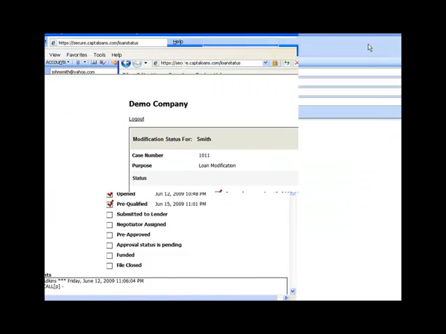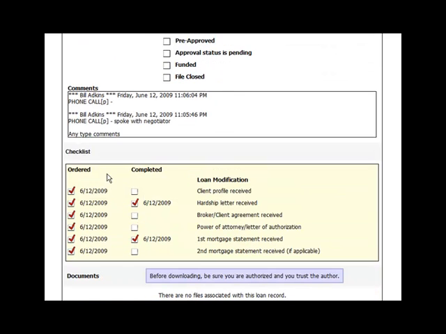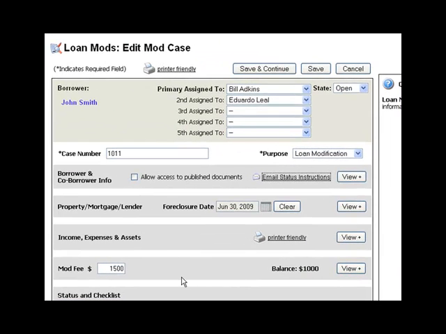So you can see, if I go ahead and maximize that screen, here's the high-level checkboxes, the milestones, the comments that we put in, and here's the documents or checklist items that are outstanding. Notice it's only showing them the ones we've checked off, so there's only the items here that pertain to the client. So if we go back to our particular case file now,